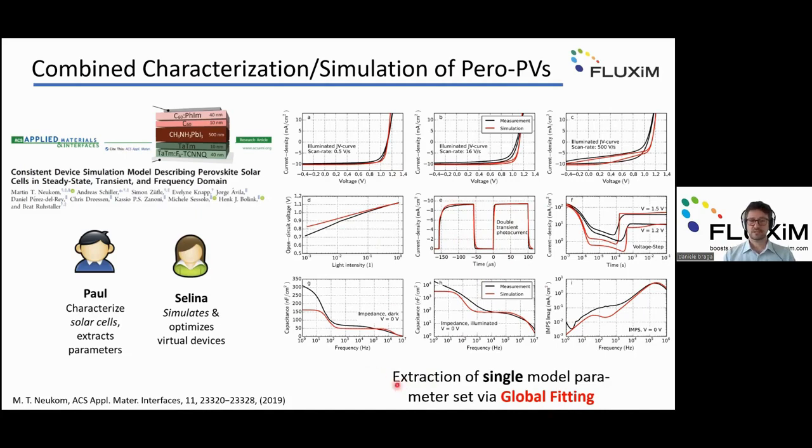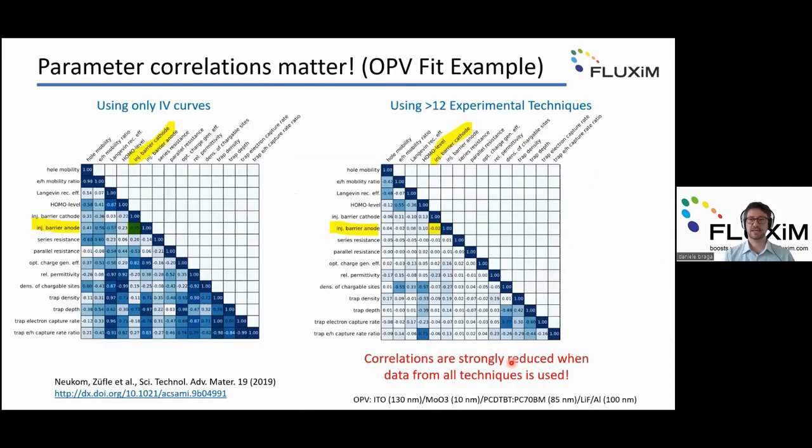And what I can do is really, this is the key, the extraction of a single model parameters set via a global fitting. What does it mean? That now I can really perform a global fit of all the experiments that I perform with the same machine, with BIOS, by using the same software, SETFOS. What I can get at the end is what is called a correlation matrix. Why is this important? Because with a